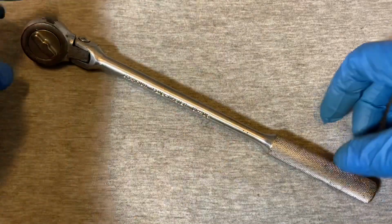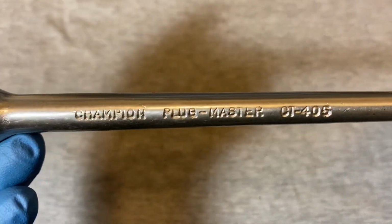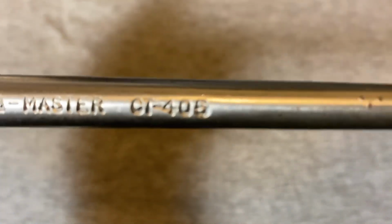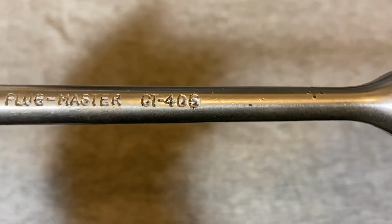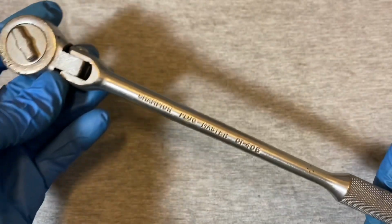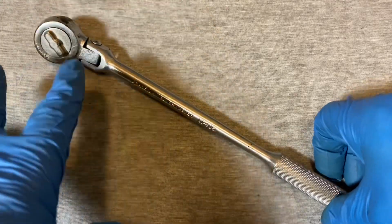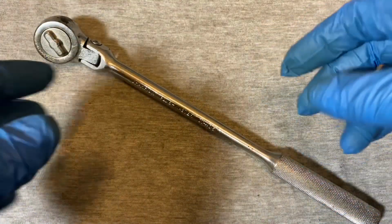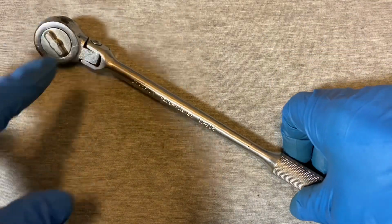So let's jump into this ratchet. This is a Champion Plug Master. It's a CT-405. We've seen other Champion ratchets before, Plug Masters,